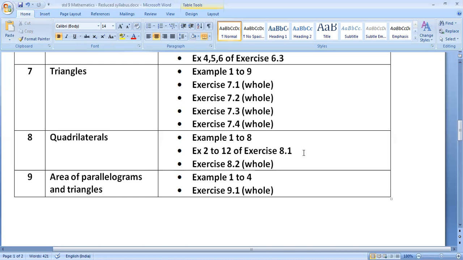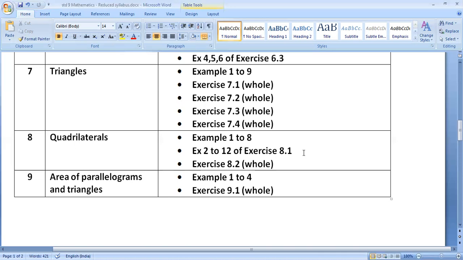Page 148, 8.6, the midpoint theorem. Theorem 8.9: the line segment joining the midpoints of two sides of a triangle is parallel to the third side. This statement you have to prepare, but this is an important theorem and if you want to see the proof, you can see it on my channel. I have already given the detailed proof of the midpoint theorem. You should type in search, midpoint theorem, Sunil Kumar Jadhav, and you will get this theorem. Page number 148, theorem 8.10, the statement you have to prepare.